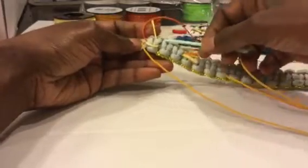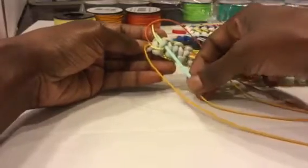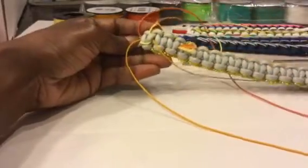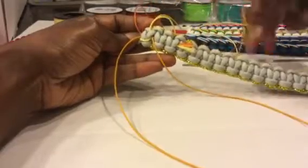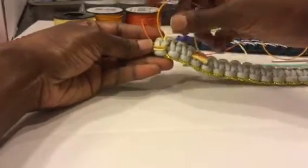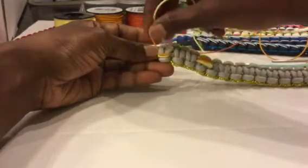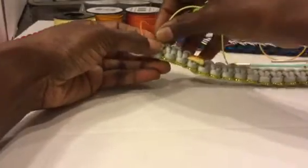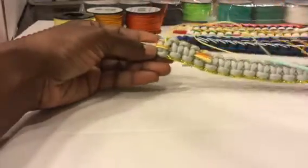Go to the side now. Just pay attention on where I place it. Go to the side, pull it, okay. Now you notice how the yellow's first, then the orange, and it stays in that row. So now the burnt orange,